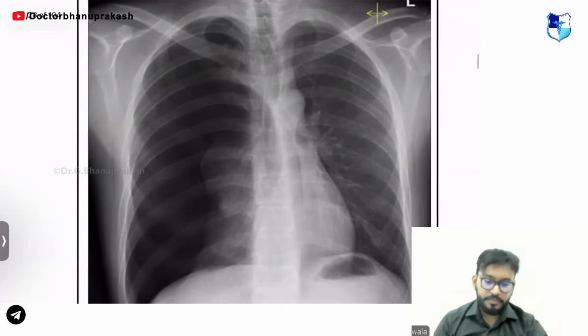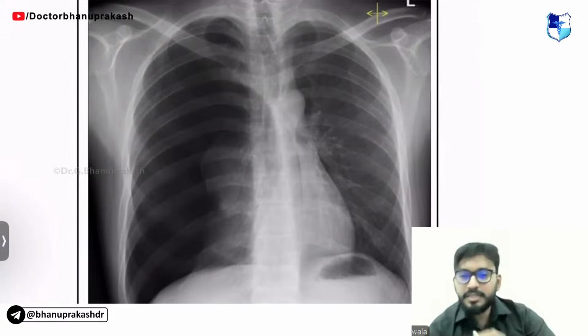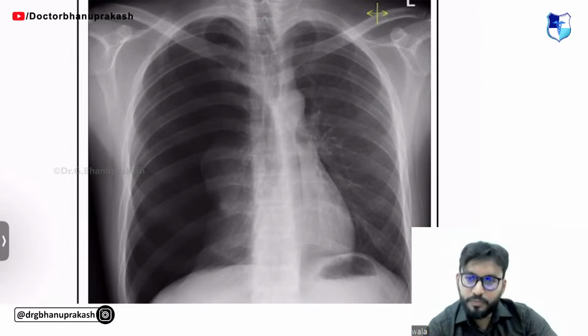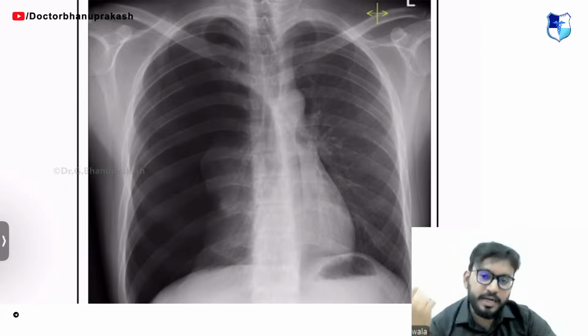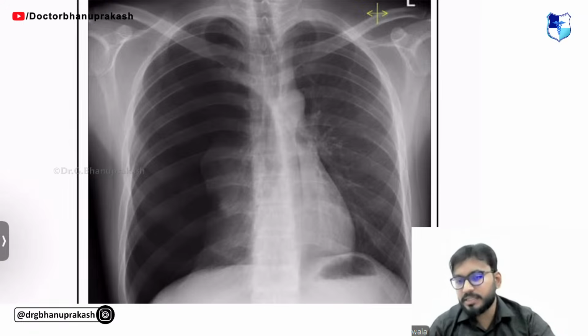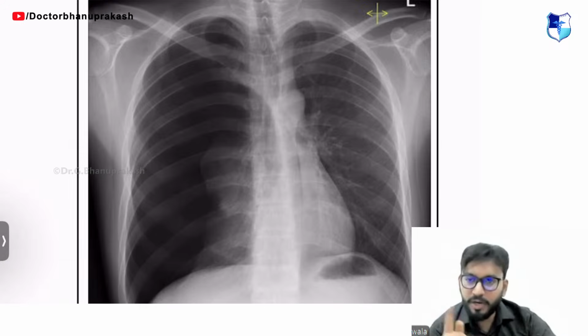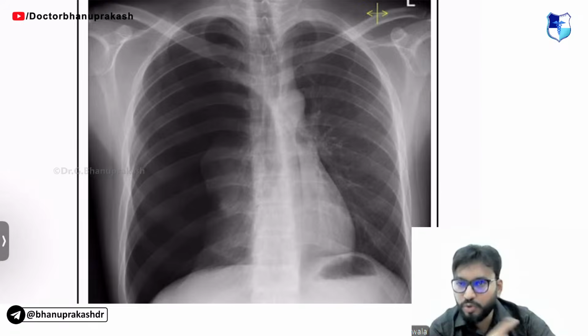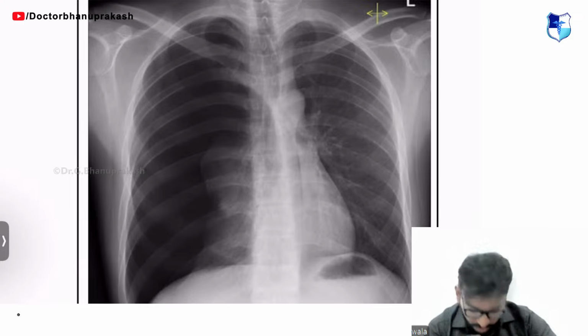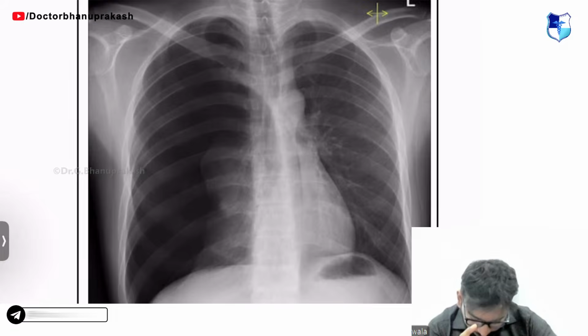Guys, here, what happens is that a junior resident, a doctor, is inserting a central line. While inserting the central line, the patient suddenly starts to collapse. Respiratory collapse, circulatory collapse. The patient goes into hypotension and shock. The saturation starts falling. You do an urgent X-ray, this is what you see. What are you guys thinking of?